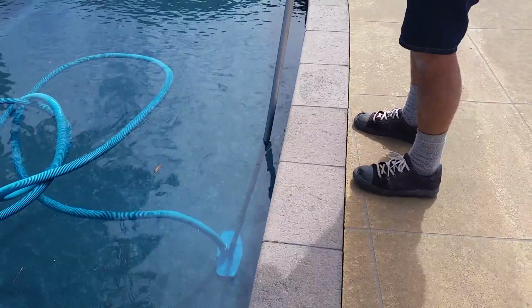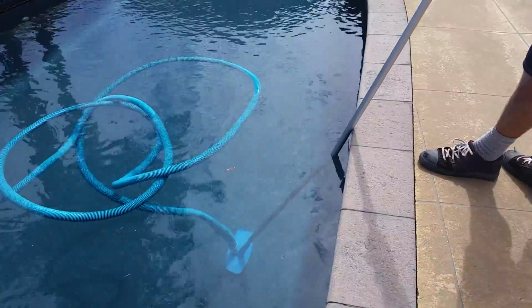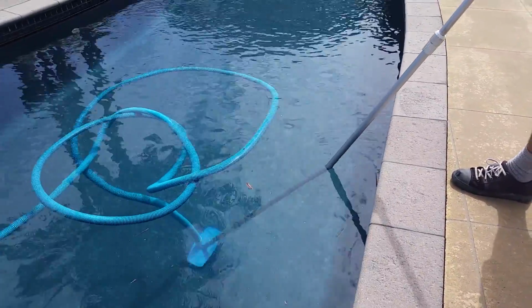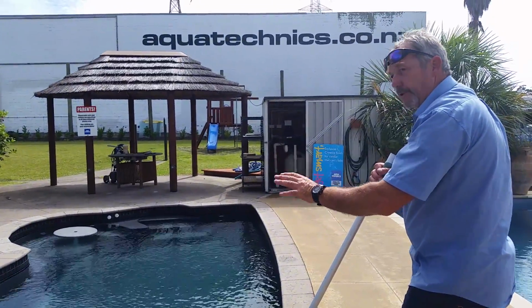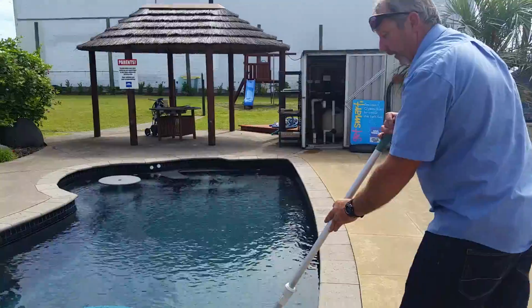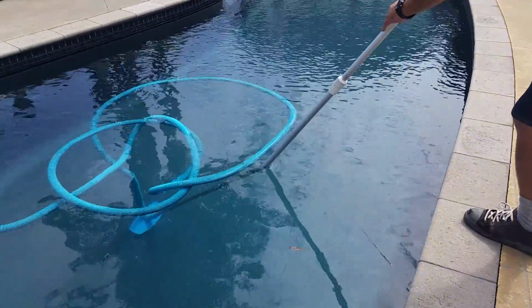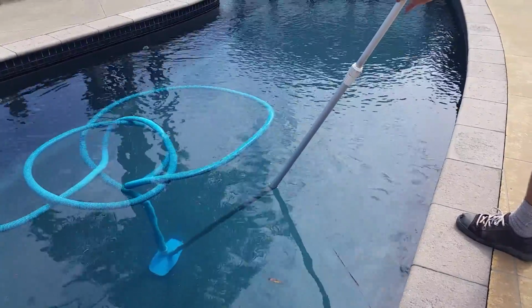Back to this end, come across 3/4 of the head, go out again, and you will definitely, after a little bit of time, be able to visually pick up the clean from the not clean. It just takes a little bit of practice and a wee bit of experience. And just take your time. If you rush it,